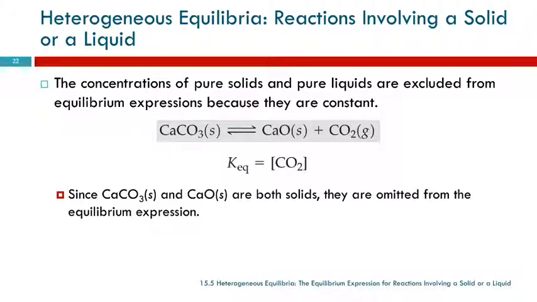The examples that we've looked at so far have all been in the gas state. What if we have solids or liquids in the reaction? Here we have calcium carbonate solid decomposing to form calcium oxide and carbon dioxide, and the reverse reaction can also occur. When we write the equilibrium constant expression for this, we leave out the solids